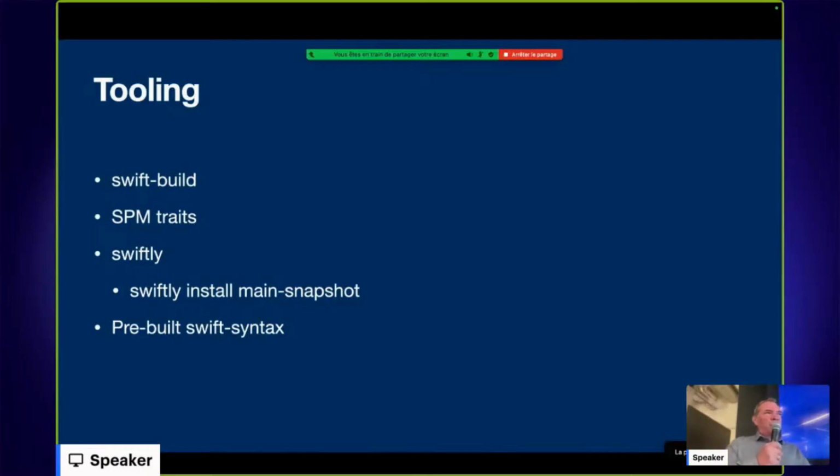Swiftly is a tool that can be used every day if you need to navigate between different versions of the Swift toolchain. So Swiftly allows you to download, install and select a toolchain from the command line. And last but not least,